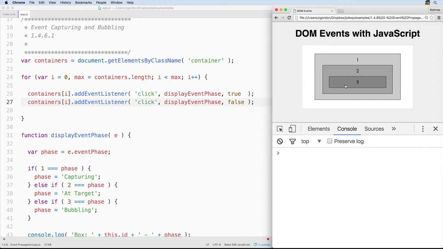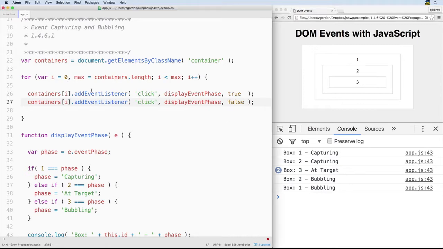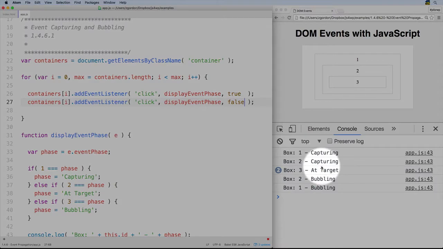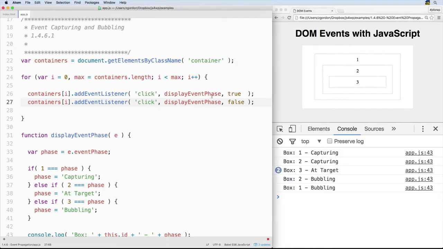Now if we hit 3, what's going to happen? We're going to get the capturing at target, and then it's going to bubble back up. So with these two event listeners, we're showing how you could get everything notified during the capturing phase or bubbling phase. Now it's worth pausing to say, why would you need to do this? Why would you attach an event listener to all objects and be notified in parent objects when something in a child occurs? Now, I don't have a hard example for you here, but I will say there will be times